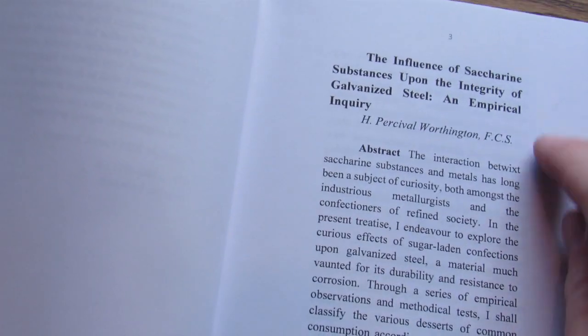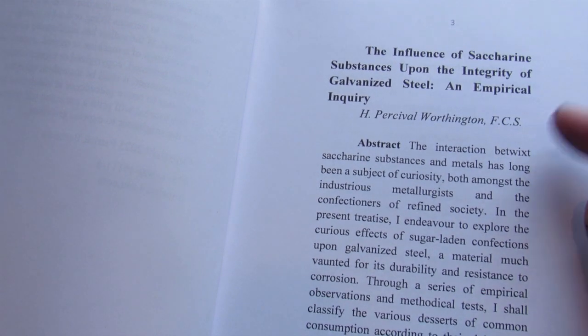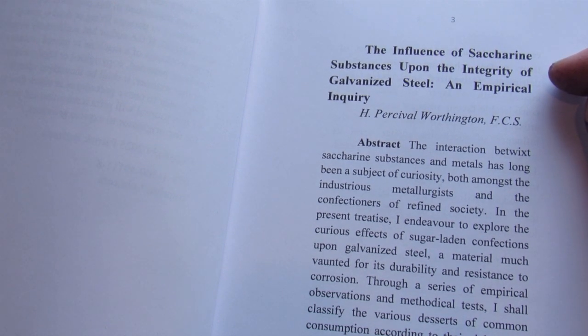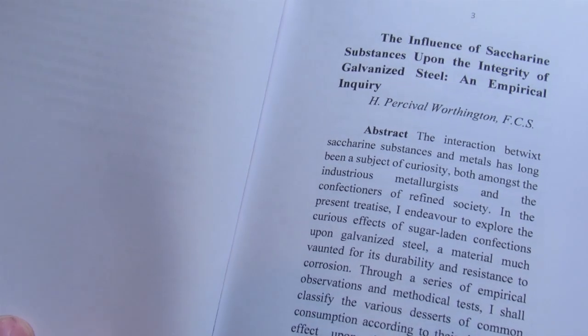I'll just read the titles of all these. This is available on Lulu.com. So the first one here is by H. Percival Worthington, FCS, "The Influence of Saccharine Substances Upon the Integrity of Galvanized Steel," which is a very important